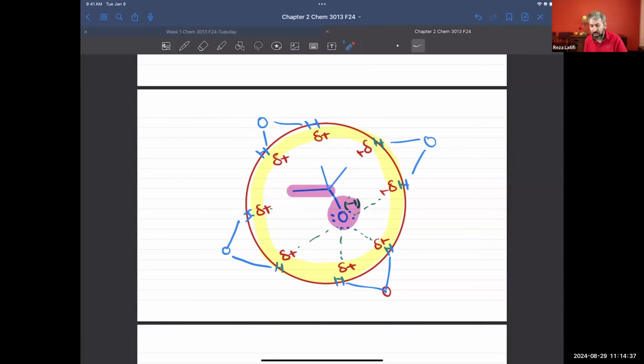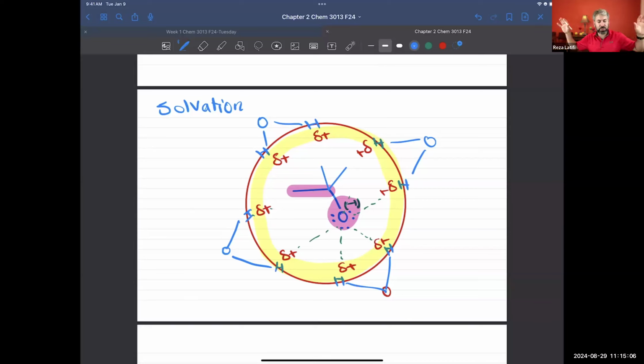So as you see, now I have fewer hydrogen atoms that can reach oxygen. So we say solvation, this is the term that we use, solvation. What does it mean? It means solvent is surrounding the ion, and the solvent is trying to distribute the negative or the positive charge